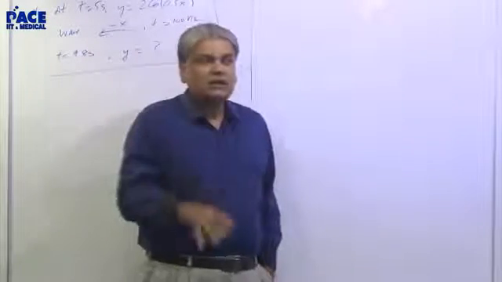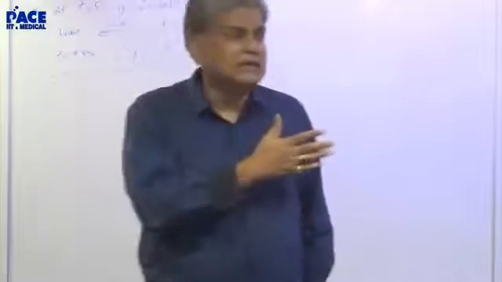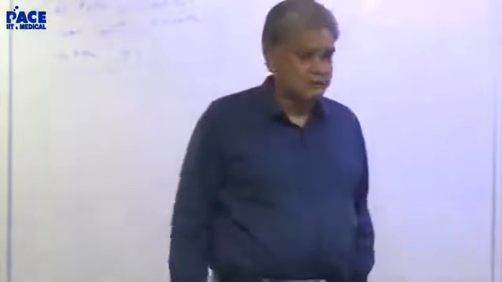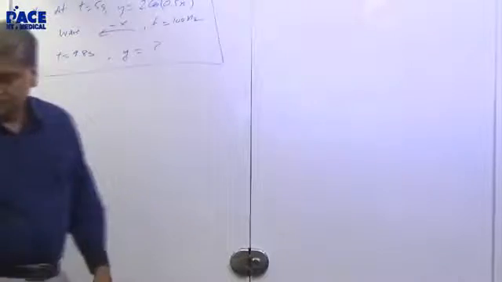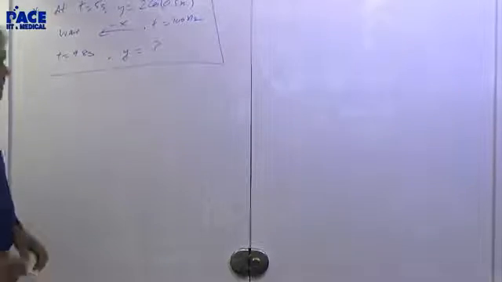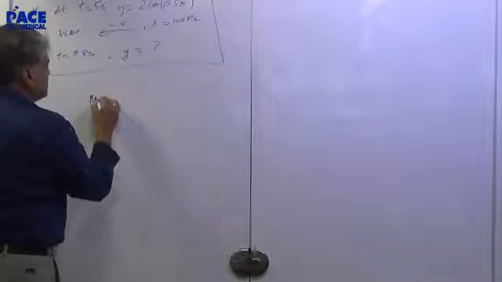That's all. Fx if you have and it's traveling in the positive x direction, you replace x with x minus ct. You don't look at what the function is. जो भी होता है हमें क्या करना है? x को उठा के x minus ct कर दो, बाकी जो होगा देखा जाएगा. So what will be this function? The function here is this is the function. So here it will become like this.